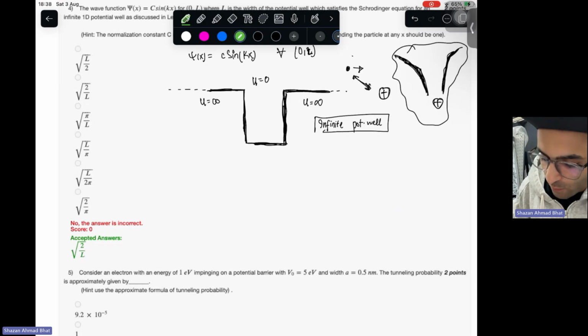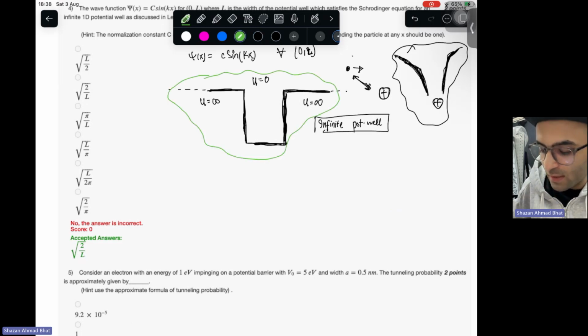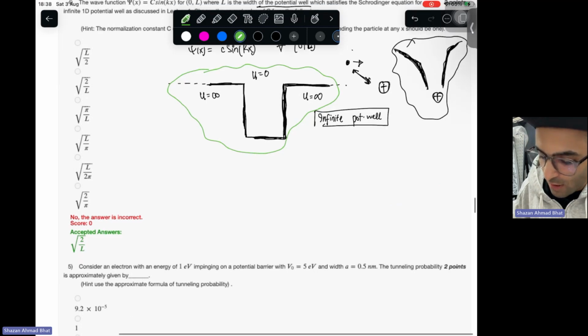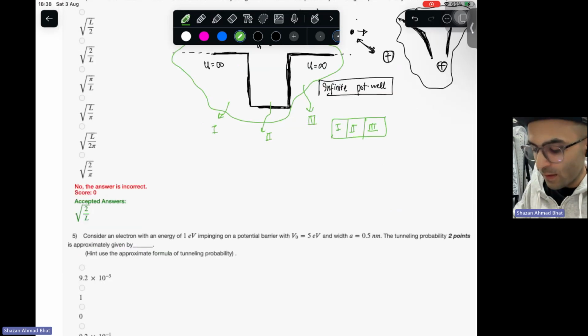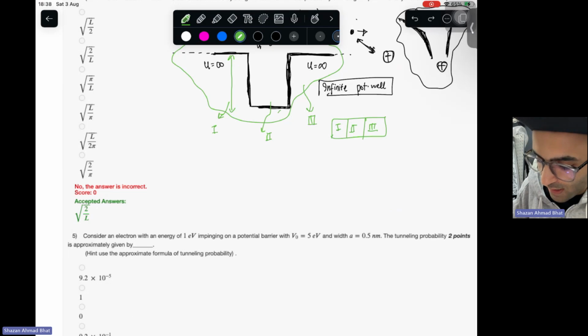Now, how do we make this kind of potential well? Well, we do certain fabrication steps. Let's say this is material one, this is material two, this is material three, stacked over each other like this. I don't want to discuss the materials for simplification, but if these materials have different doping concentrations, they will give rise to different band gaps. This is the band gap of certain material, this is the band gap of other material. There will be this band gap, and this band gap. So you can get